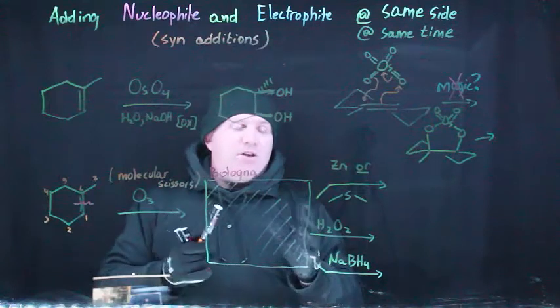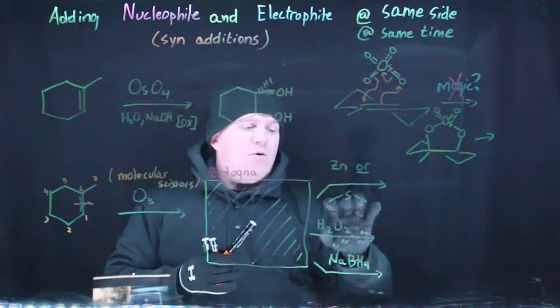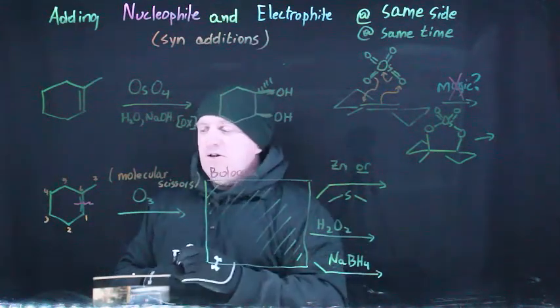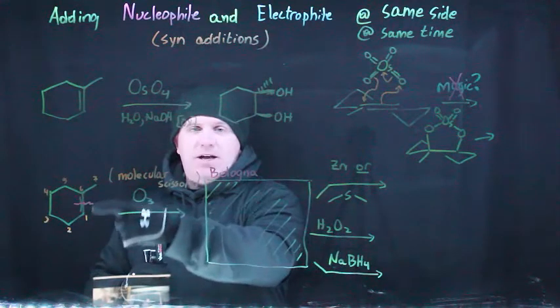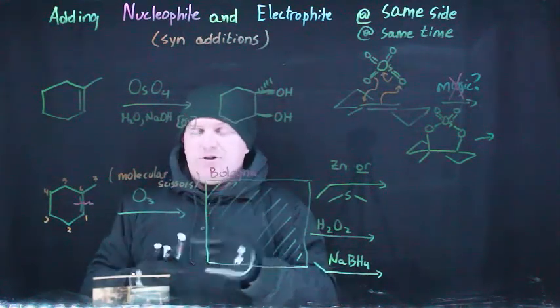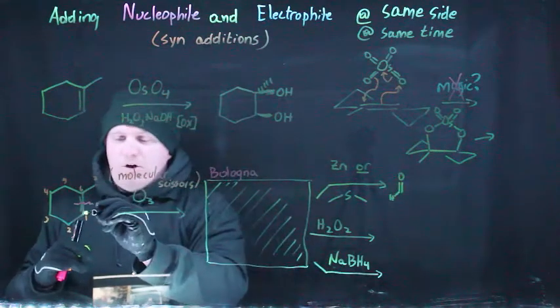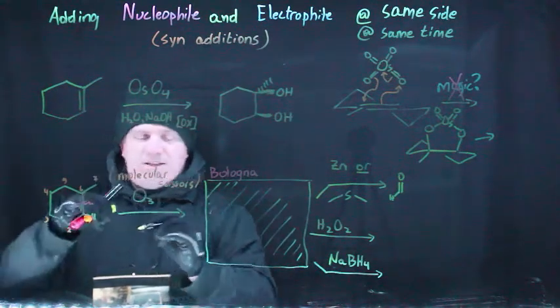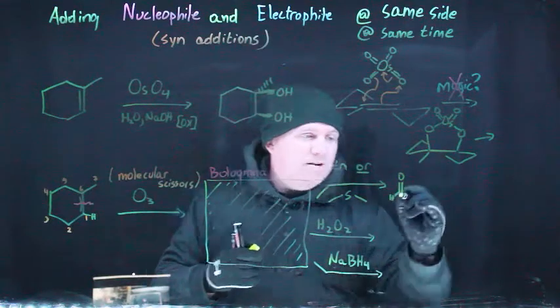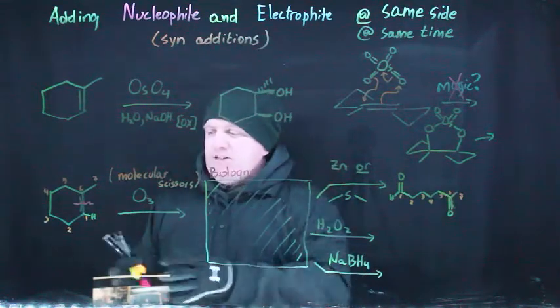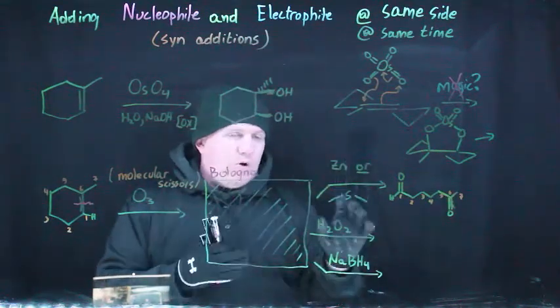So the main workup that you need to know is if you add zinc or dimethyl sulfide, what it ends up doing is converting the double bond carbon into double bond oxygens at both places. So at position 1, we had a hydrogen lurking there, which means that that's going to become an aldehyde. So that's position 1. And so the result of doing a two-step sequence with ozone and zinc or dimethyl sulfide,